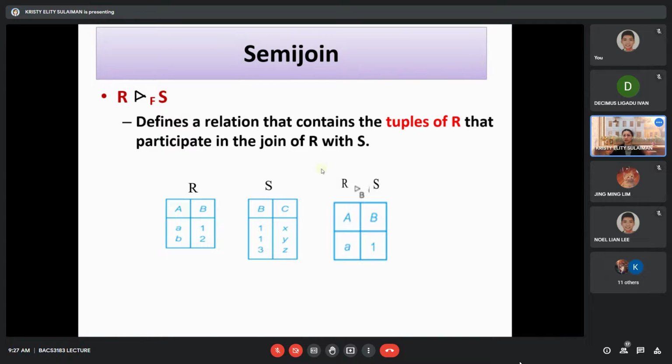first operand. One advantage of this semi-join is that it decreases the number of rows that need to be handled to form the join. We look at an example after this. This semi-join is particularly useful for computing joins in distributed systems. So basically you have this